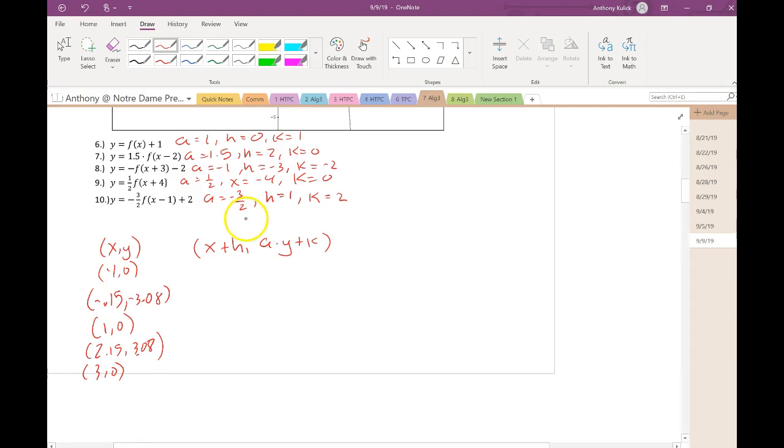So for number 6, what I have here is x plus 0.1 times y plus 1 is the rule that I'm doing. Everybody okay with that? So I just filled in my values for A, H, and K. So I have negative 1, 1, negative 0.5, negative 2.08, 1, 1,